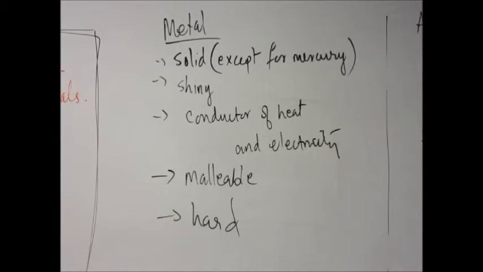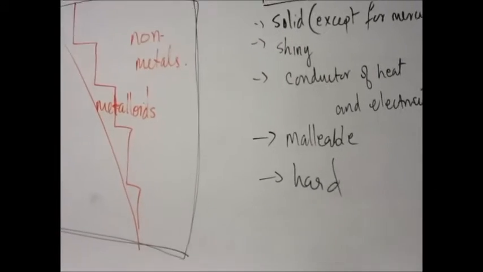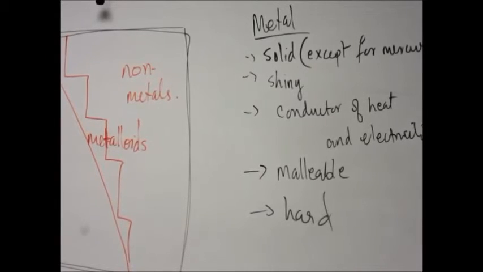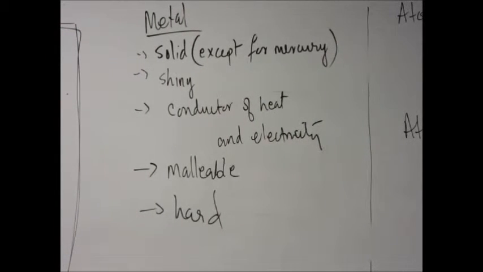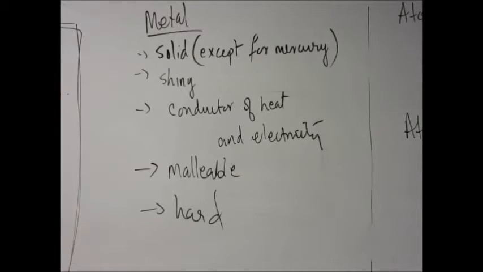Which means that anything that does not have these properties is a non-metal. Okay. Again, by the way, this is an exam question because you should know what the properties of metals are. It will come up again later on also. When we're going through the periodic table, we'll have to do this again and again. But in any case, so non-metals, metals.